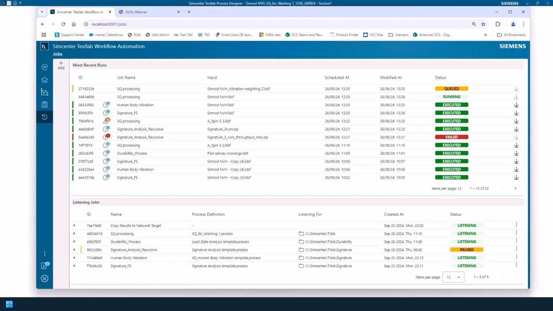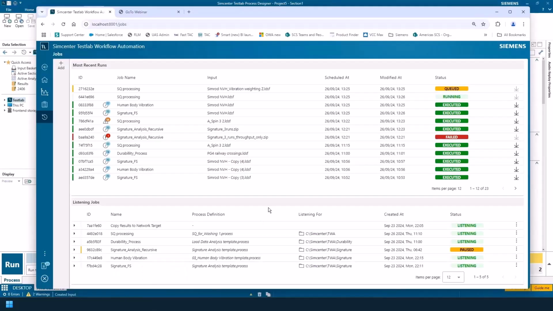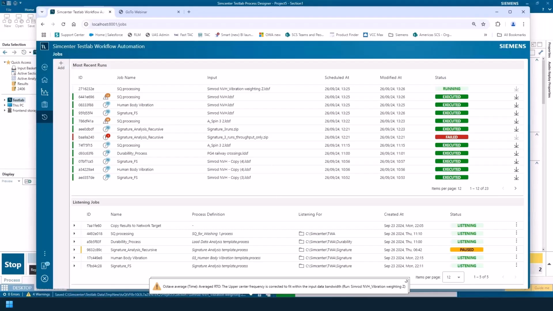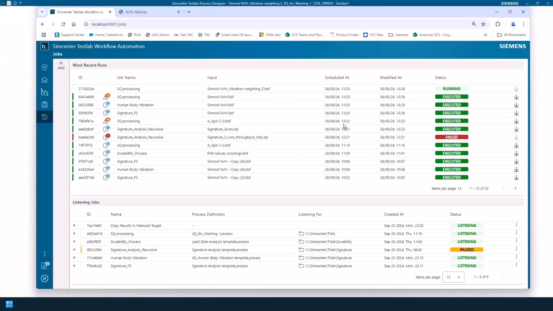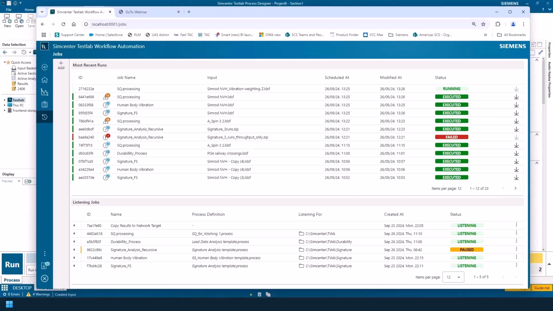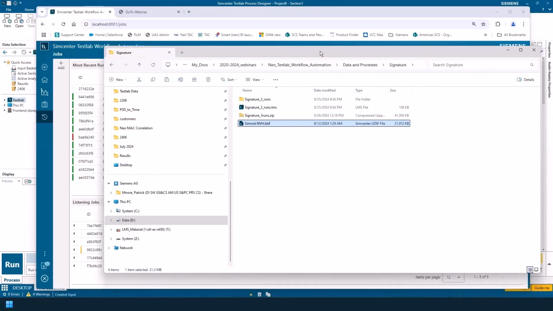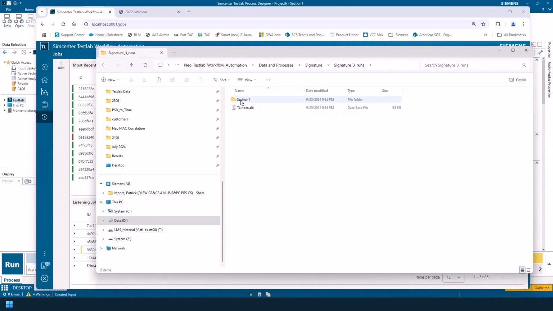And if I go back to TWA, it should finish when it's done. I'm going to show one other thing as well. I'm getting some warnings, but it is finishing. It executed the first one, it's doing the second one. The last thing I'll show you is I wanted to put some multiple files in there. If I show you an example here, if I were to drag and drop this throughput folder here, and inside this section is 3 different runs, it would process those runs, and I would get a test lab project for each of those runs separately.